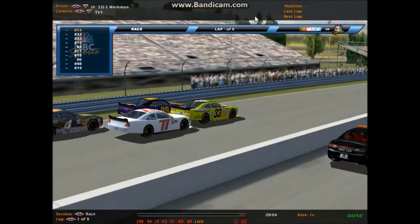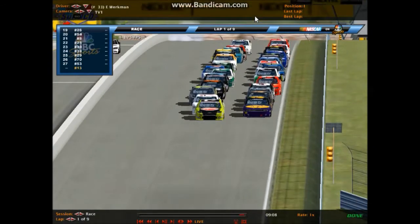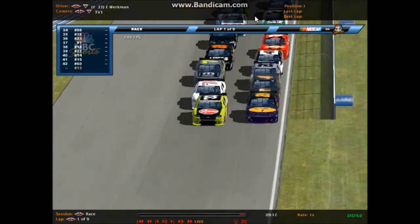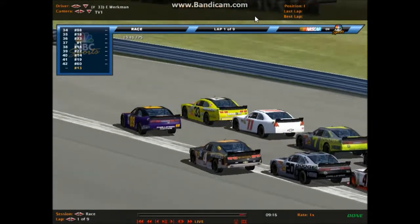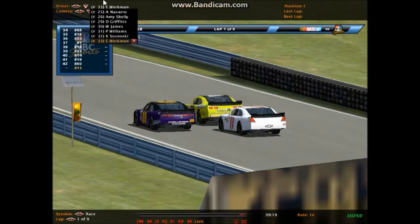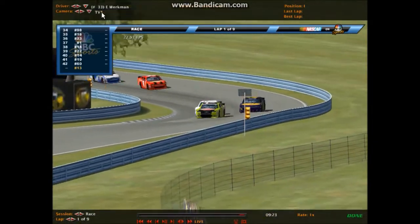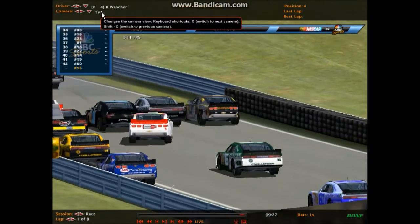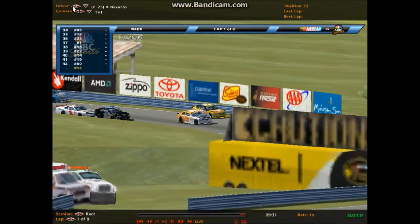And green flag's out. James Henry right on the back bumper of Elijah Workman. Well, that's one way to get out in front, but I hope he's going to get off his bumper heading here into one. No, he's not. Oh, this could be, oh man! This could be problematic. Oh, and Chris Wash is around. Oh, there's the big wreck at the front. We just talked about it. A lot of damage to the four. Trevor Meacham's in it. The 34. Oh, well,